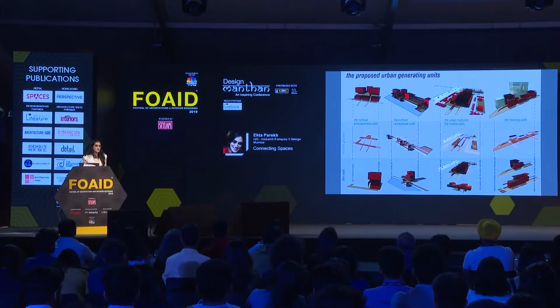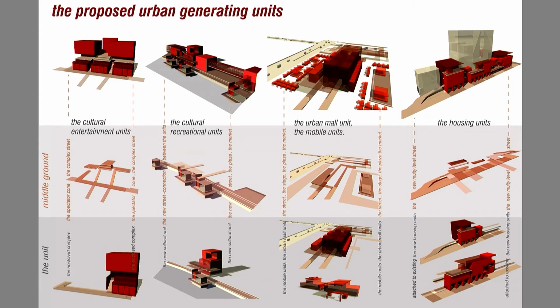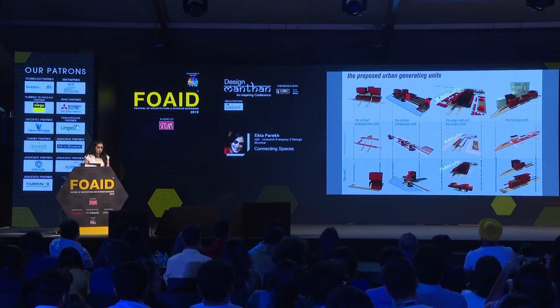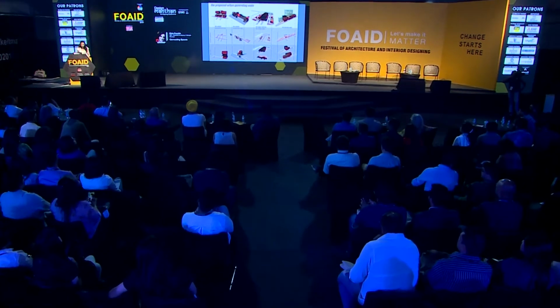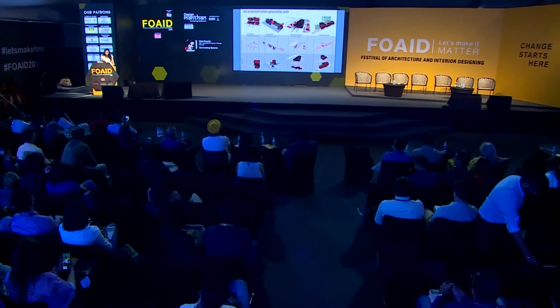There were 4 types of generating units that needed to be attached to public space and combined with it in different permutations to every site-specific condition. A housing unit, a unit of work or commerce, like a studio or a small-scale industry, attached to a unit of living, which was also a part of a neighborhood or a street. A mobile unit of commerce, like a car which would unfold and sell its goods or services. An urban mall unit, which was a stationary unit of commerce. This small unit would form the economical and social trigger in the neighborhood. And a cultural unit, a unit of entertainment, art, recreation, which would be supported by and promote local culture and organize itself along public space.